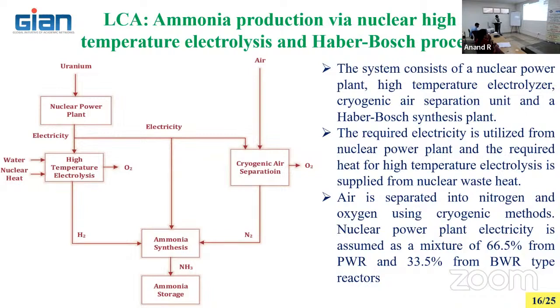Okay. Ultimately, here the hydrogen comes out. Electricity you also need for producing the ammonia in the Haber-Bosch reactor, to produce the pressure and temperature. Then ammonia synthesis is happening. So ammonia comes out during the reaction. There is a lot of energy involved, a lot of input materials also involved. A lot of emissions also will come out. So that also you need to take into account.